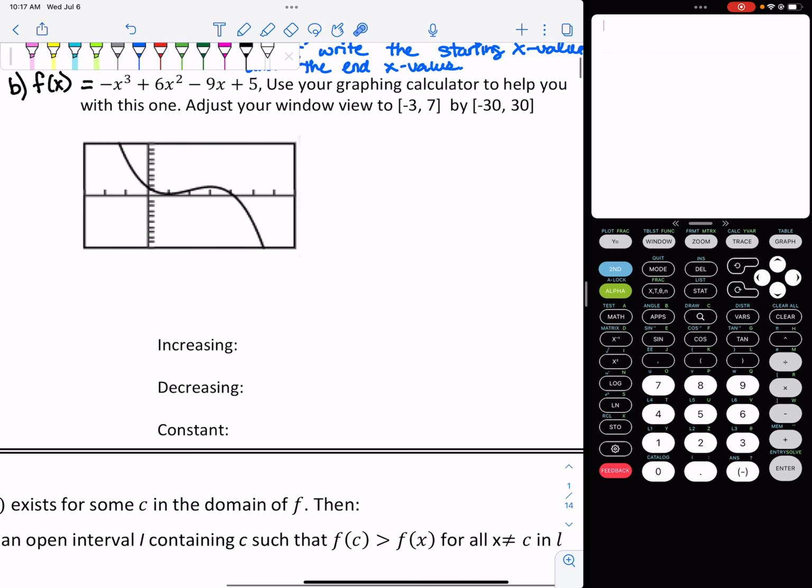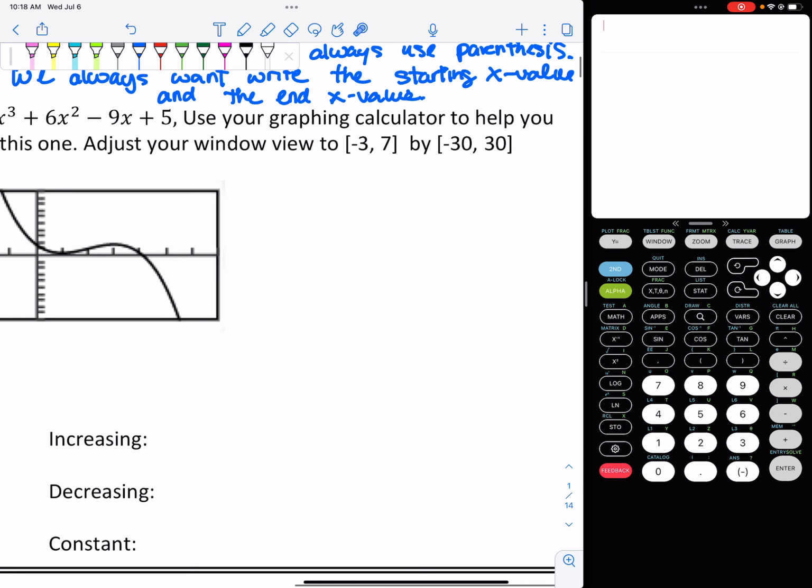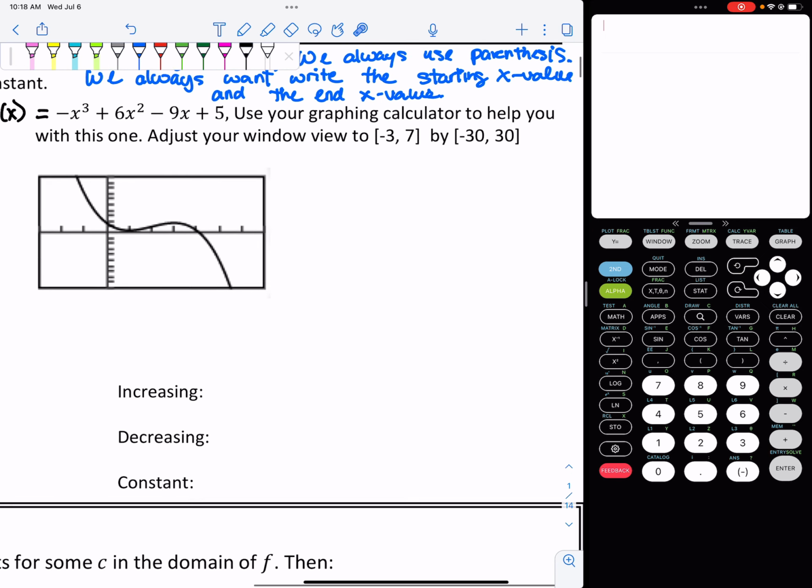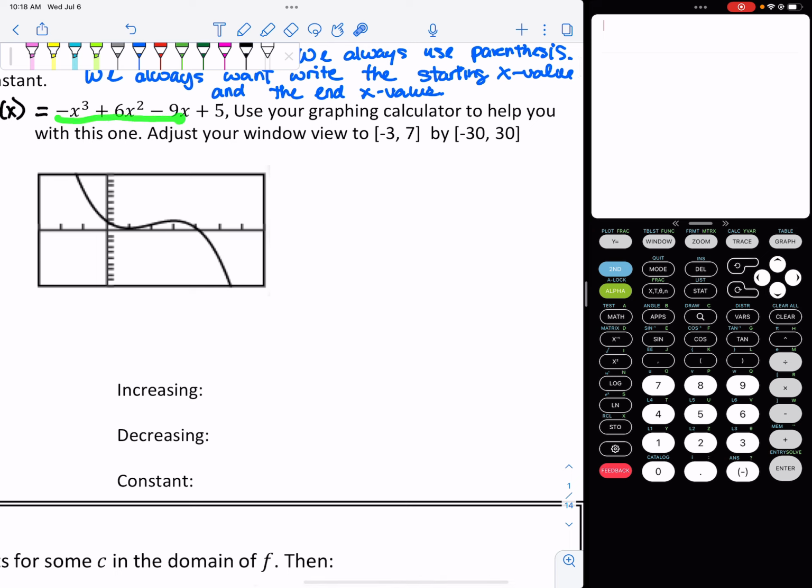Here's another example on how to identify the interval of increasing, decreasing, and constant. This time we're going to have to use a graphing calculator. In this example, we're given a function f of x equals negative x to the third plus 6x squared minus 9x plus 5. And we're asked to use the graphing calculator to help us find the interval of increasing, decreasing, and constant. It tells us to adjust our window view to x to negative 3, 7, and negative 30, 30. This means the x min is negative 3, and the x max is 7,